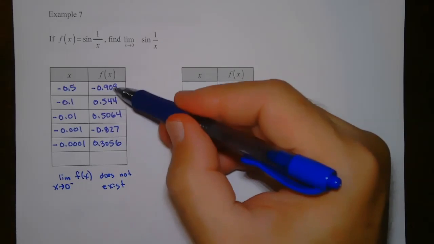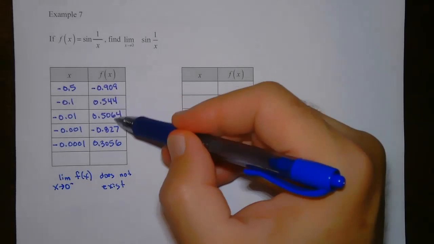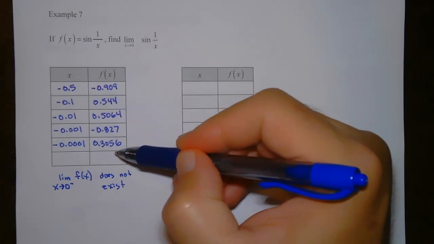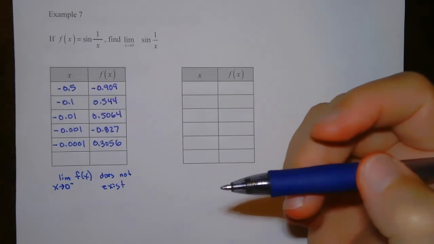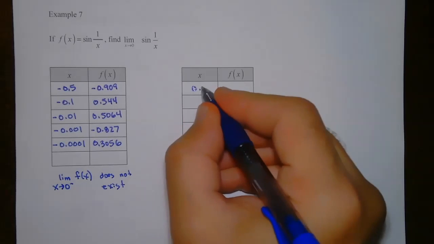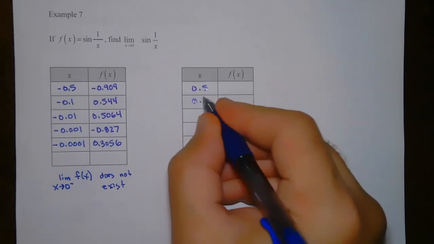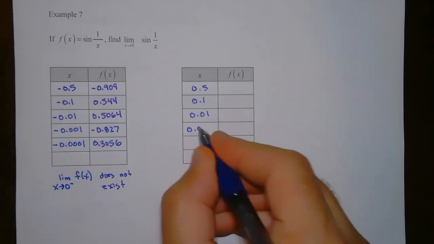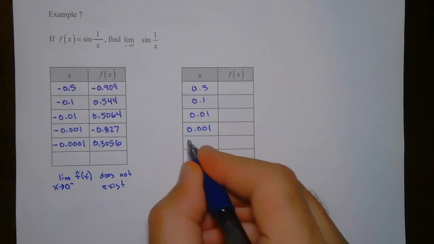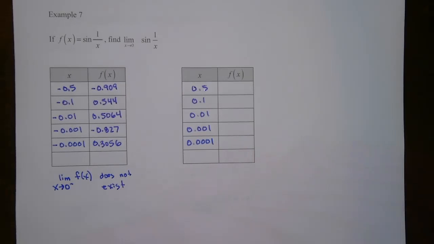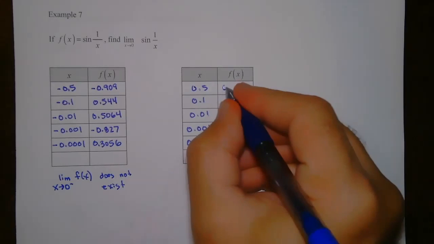because it is not getting closer and closer to a numeric value. It's bouncing around. Here it's negative, here it's positive. These are kind of close, right? But then all of a sudden you're at negative 0.8, and then all of a sudden you're at 0.3. It's bouncing around, okay? All right, and then this last one we want to do is let's do 0.5, and then 0.1, and then 0.01, and 0.001, and 0.0001. Okay, so we type in 0.5 and I get